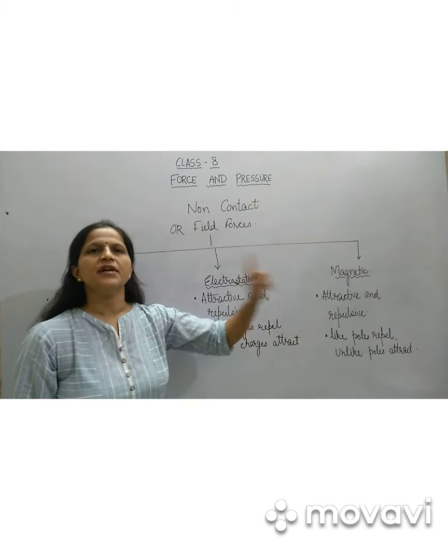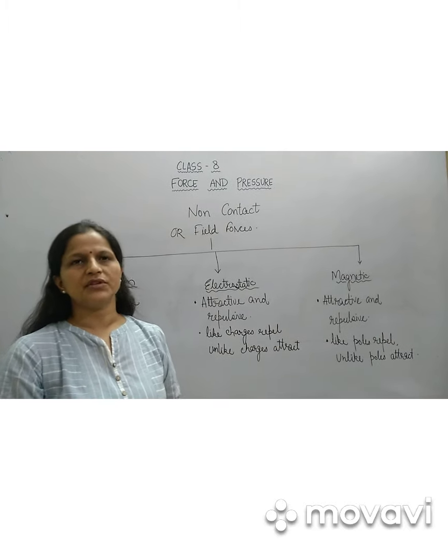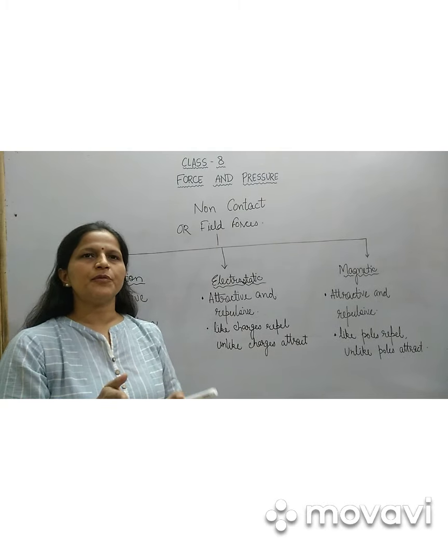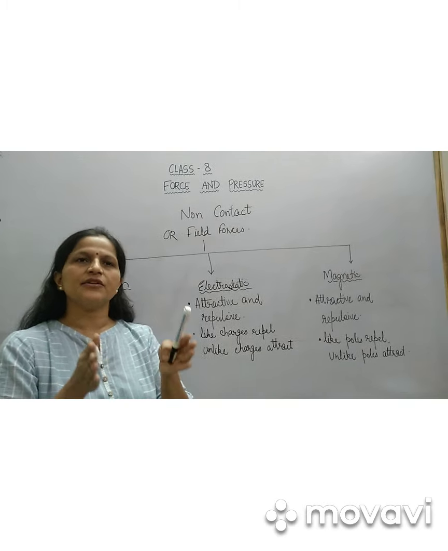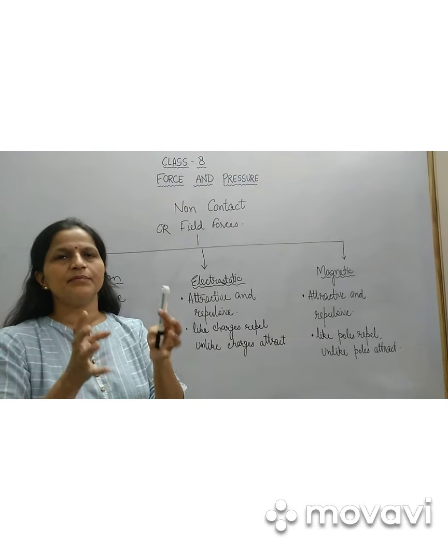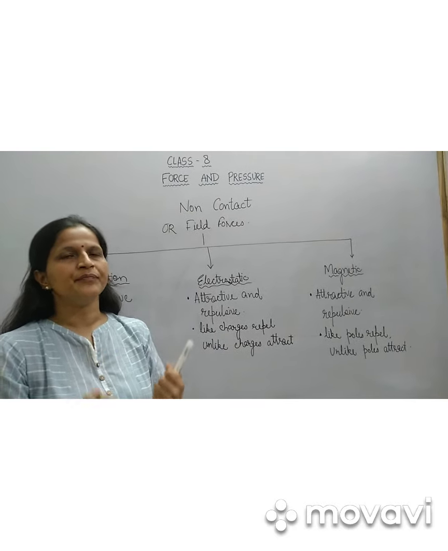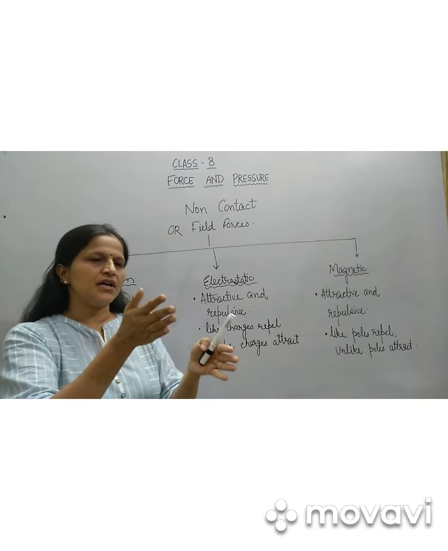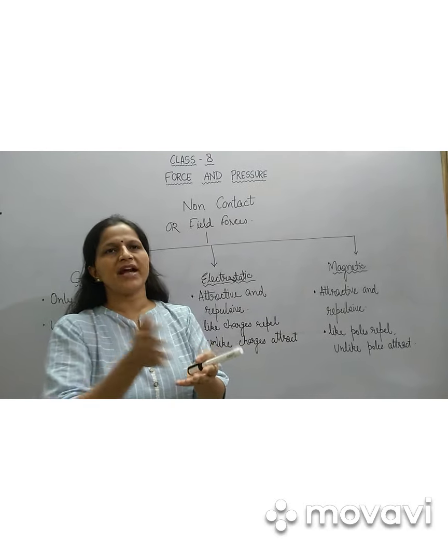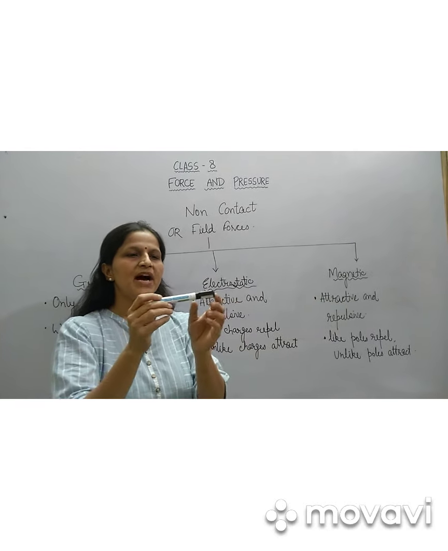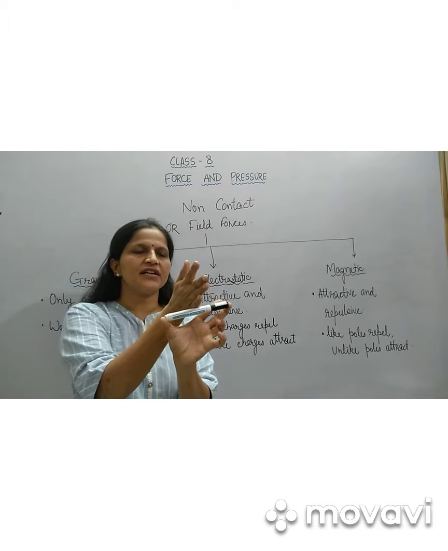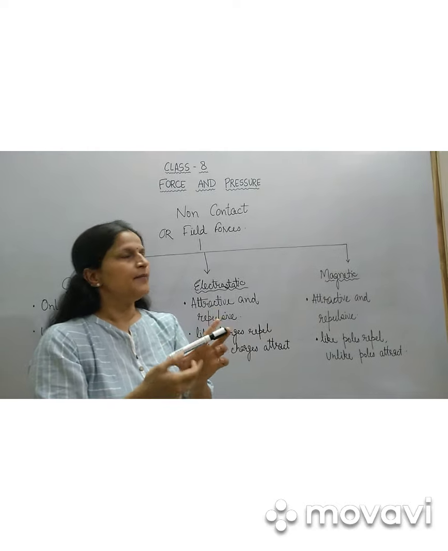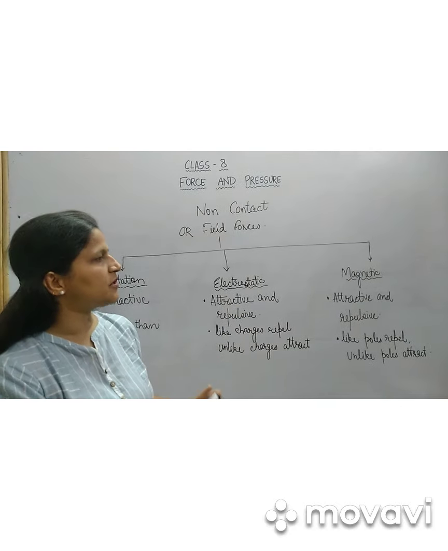Coming to magnetic force, it also shows both attraction and repulsion. Normally a magnet has two poles, north pole and south pole. These poles are those points where usually we find the strength of a magnet to be maximum. These two poles can never be separated. However small we cut the magnet, suppose we have a north pole and a south pole in a bar magnet, if we cut the magnet from the center, then again we find a north pole and south pole created automatically in the magnet. So it is not possible to separate the poles of a magnet.